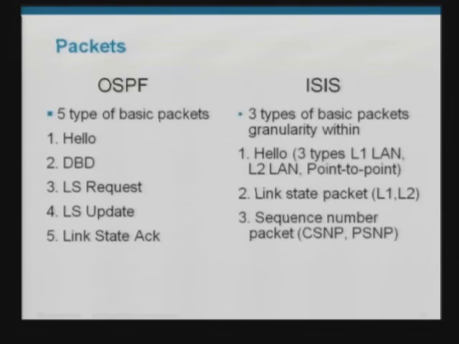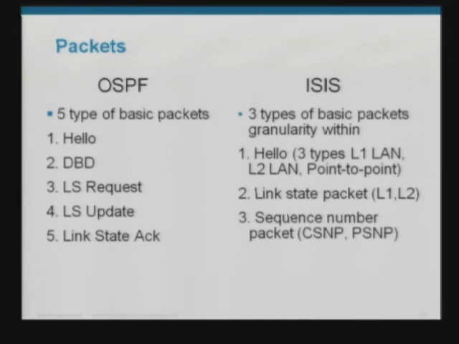Now comparing the type of packet we have in OSPF versus ISIS. OSPF has the 5 packets: hello, DBD, link state request, link state update, and link state acknowledgement. ISIS has 3 basic types, and there is some granularity within those types. So we have the hello packet in ISIS, but there can be 3 types of hello. It could be L1 hello, L2 hello, or in a point-to-point case, a different type